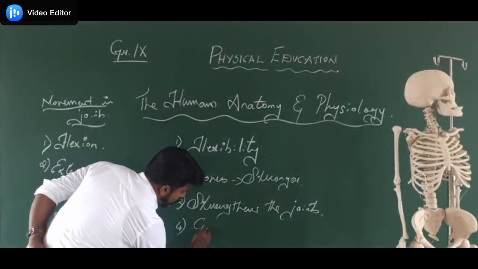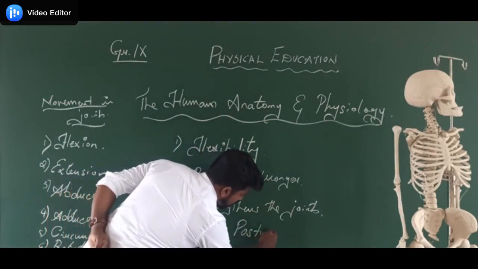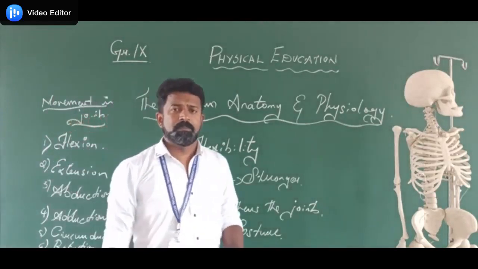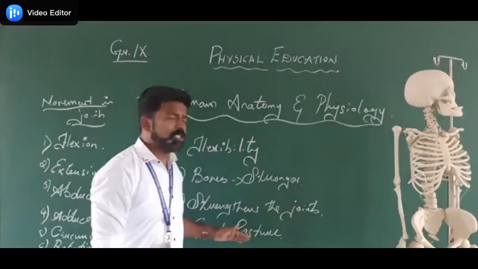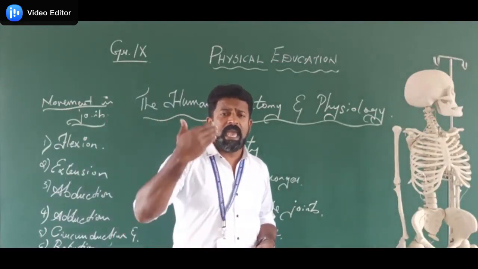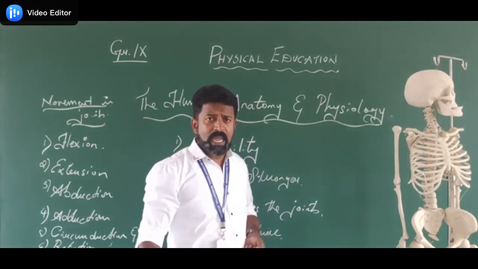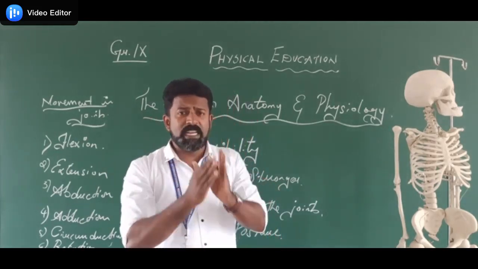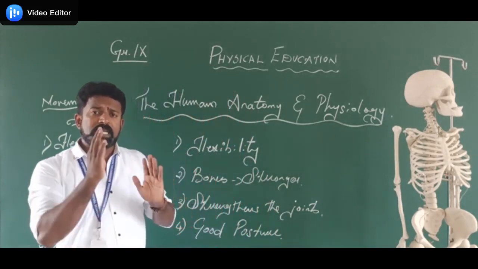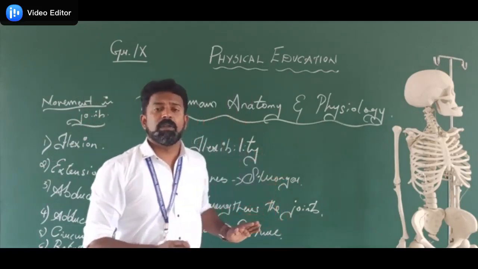good posture. So when we talk about the posture, there are many posture deformities. What is a good posture? The angle of the shoulder, the hip, the malleolus and the hair, which come in a straight line, we call it a good posture. And proportionately, there will be an overall growth and development of the muscle, that is called a good posture.